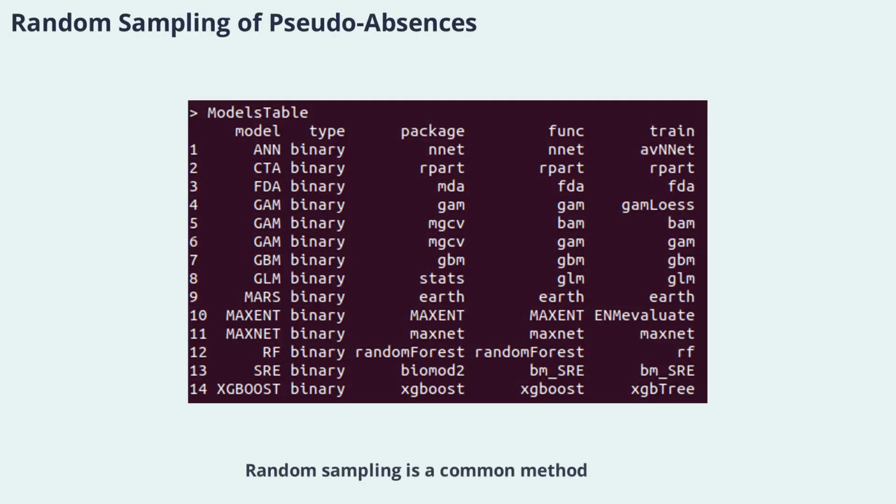Random sampling is a common method for generating pseudo-absences in presence-only datasets. This approach involves selecting random locations where the species has not been observed, under the assumption that these represent true absences. However, random sampling can introduce bias if the sampling is not exhaustive or if certain areas are underrepresented. To mitigate this, researchers may use stratified or targeted sampling strategies. The goal is to create a set of pseudo-absences that accurately reflects the range of environmental conditions in the study